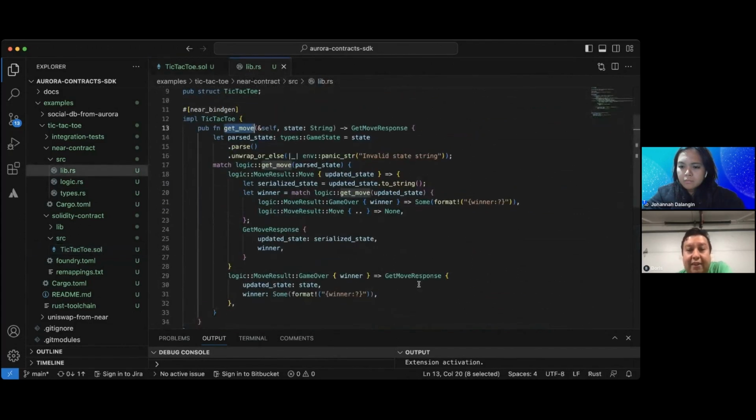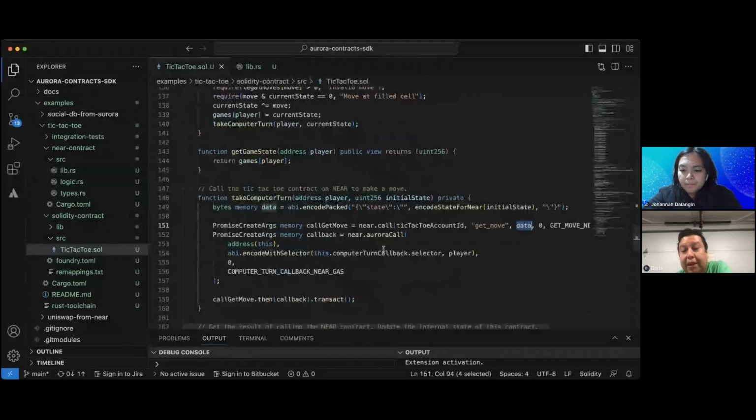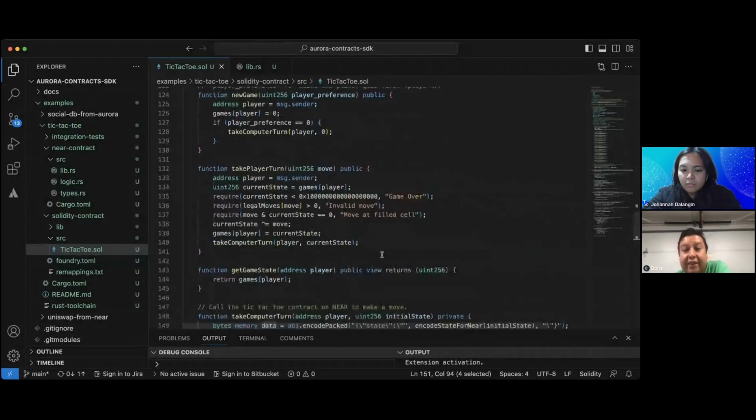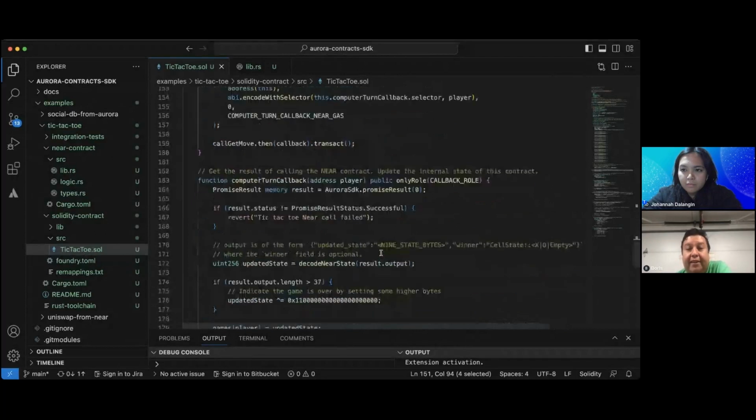It will get the state, do the calculations to get the move, check if it's a winner, and send a move response, right? So it will basically tell you if someone won or not. It's easy. It's as simple as that.